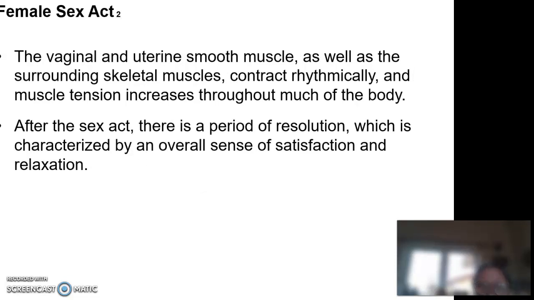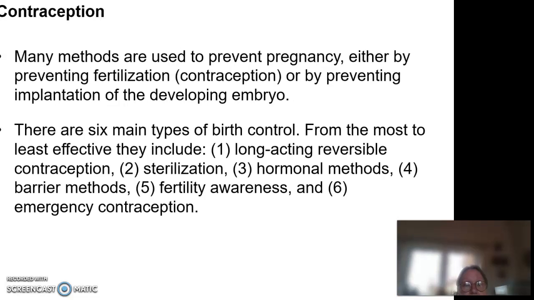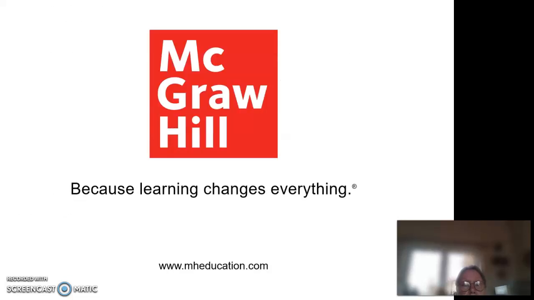The vaginal smooth muscle, as well as the surrounding skeletal muscles, contract rhythmically, and after the sex act, everything relaxes with an overall sense of satisfaction. Contraception, there are many kinds of methods, either by preventing fertilization, 6 types, and